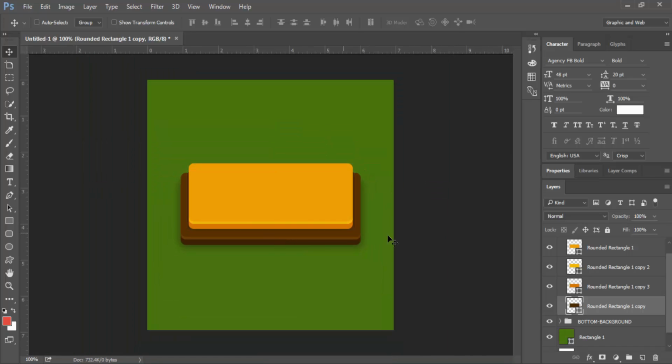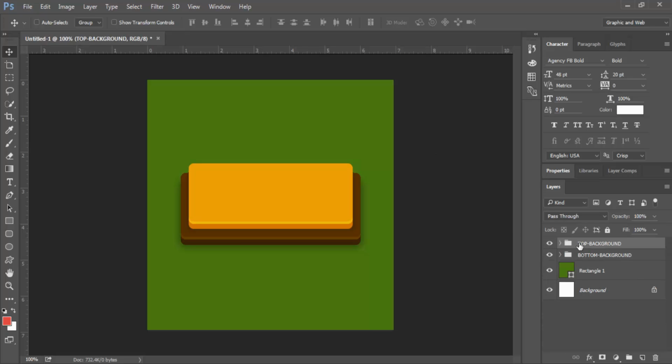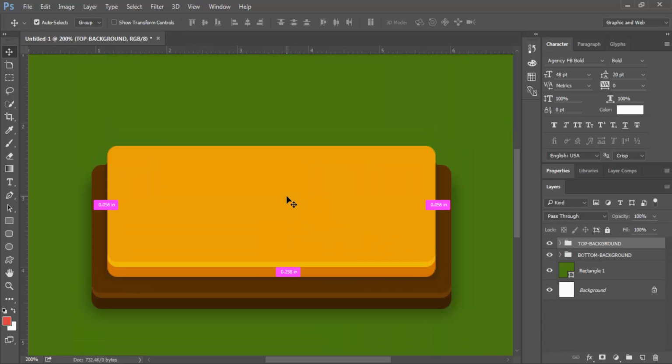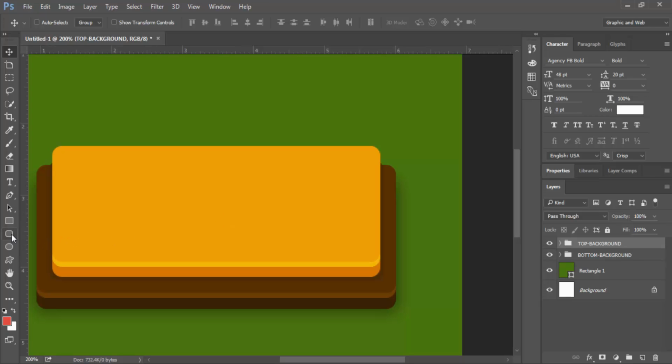Okay guys, this is the background. Now we are going to create the ornaments, like the sign or the border, using the ellipse tool and the rounded rectangle tool.